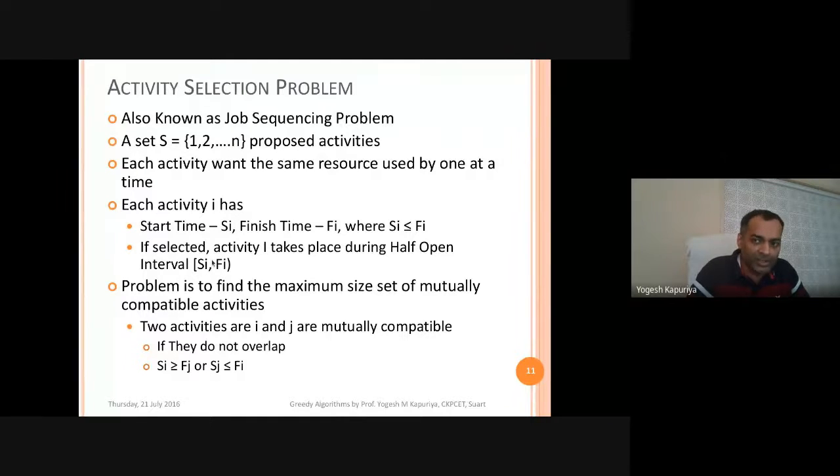It is assumed that this activity will finish before 5, so another activity can start at 5. That is what half open interval means. Here you require the exact value of Si, and it is less than Fi. The problem is to find the maximum size set of mutually compatible activities.